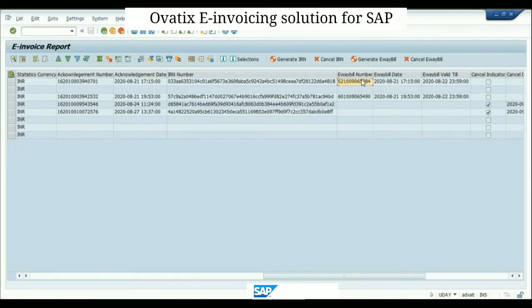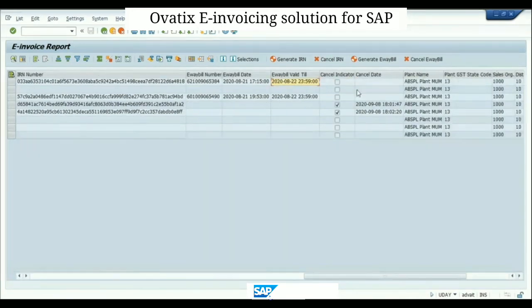It will give a pop-up, and in that you can fill in the transportation details, right? When the e-way bill is successfully created, in response we will get back the e-way bill number, e-way bill date, and e-way bill validity. So these e-way bill details also we will get back, and we are saving them in our table.